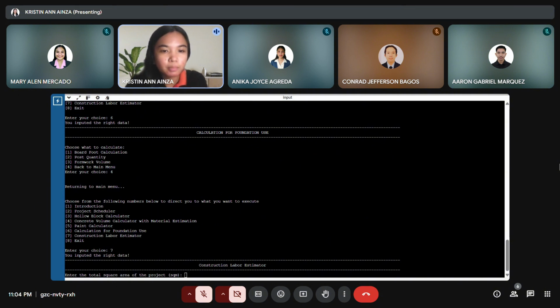In real-world construction projects, one of the most critical decisions is how to allocate manpower efficiently to meet deadlines without overspending. This estimator solves that by giving the user a clear view of how many workers are required and how much it will cost to complete a job within a certain number of days.